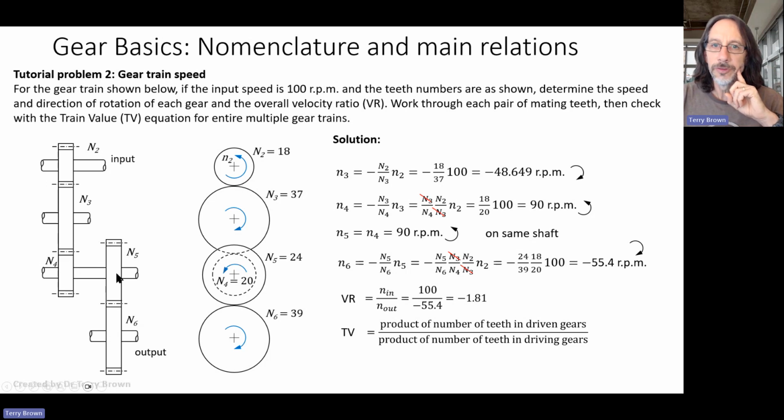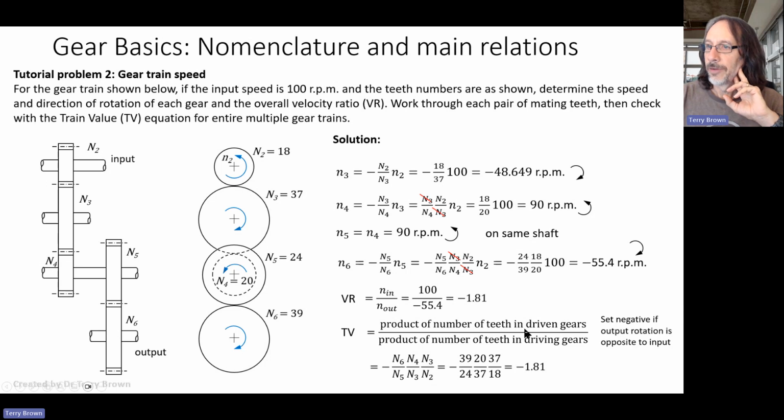And N5 is being driven through the shaft. So gear 5 only has driving teeth. It doesn't have driven teeth. And then N6 or gear 6 has N6 driven teeth. So if we put that all in,